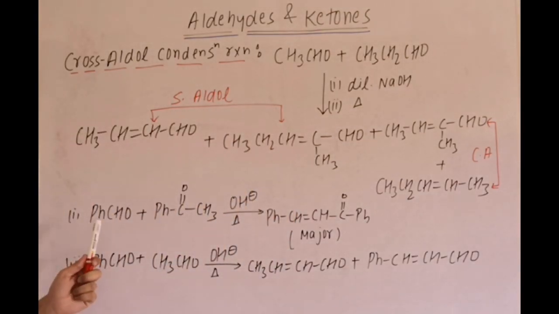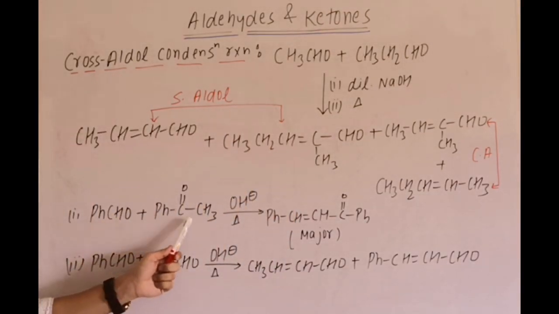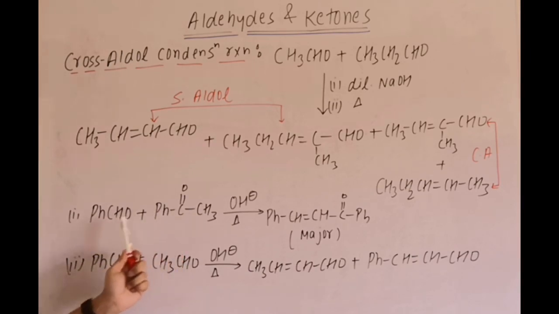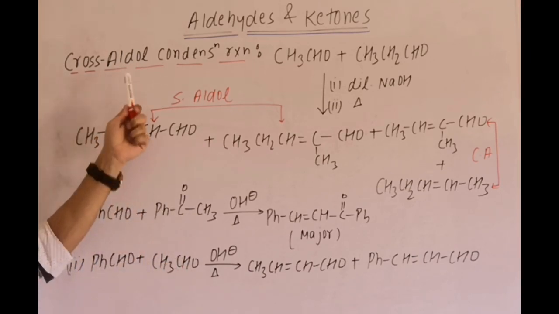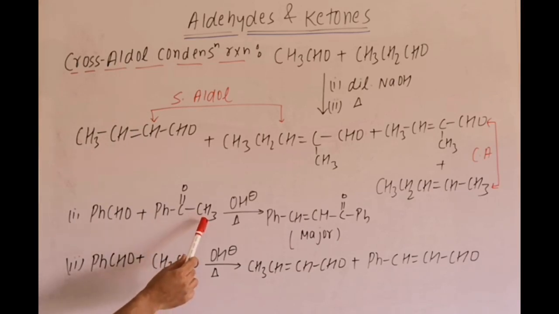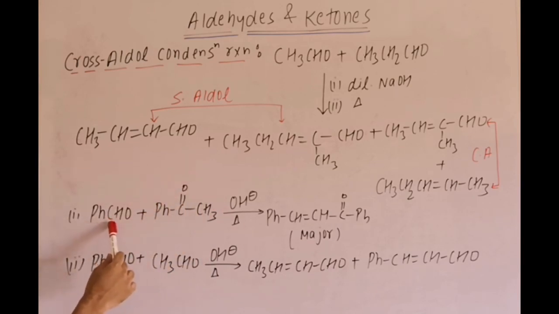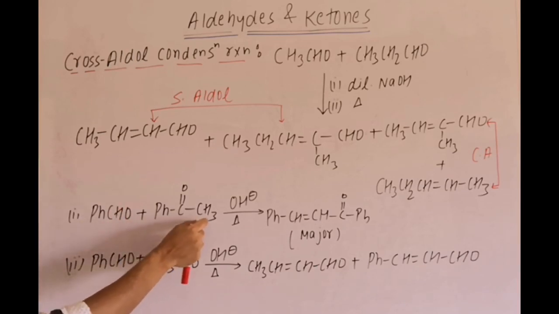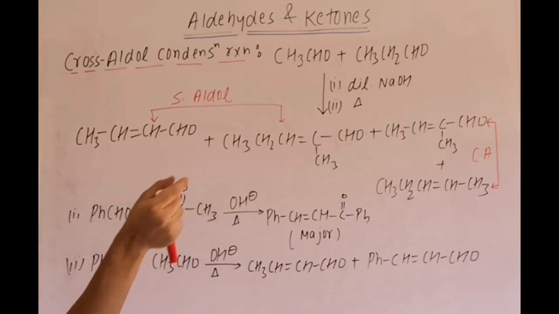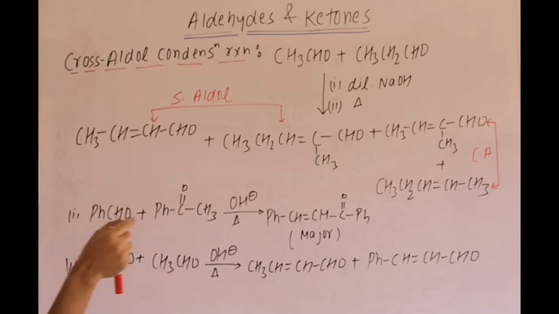Next reaction is aromatic aldehyde with aromatic ketone. Now these are two different carbonyl compounds. It is again which type? Cross aldol. Here only the ketone contains an alpha carbon, it becomes CH2 minus, it will add over there, and then after removal of water we get an alpha beta unsaturated carbonyl compound, that means PhCH. You can remember it like this: at the alpha carbon, 2 hydrogens are removed and 1 oxygen is there, so H2O is removed. If oxygen is removed, the carbon contains a double bond to O.